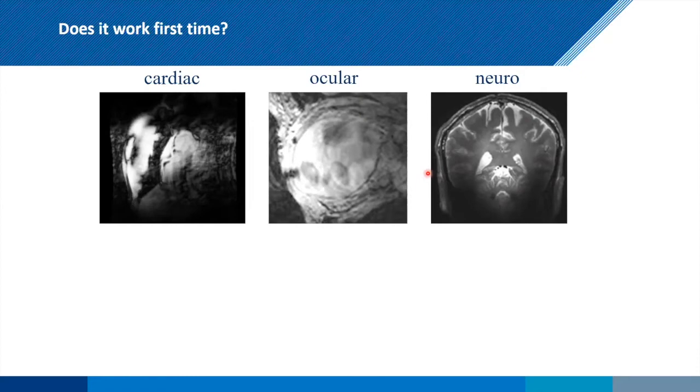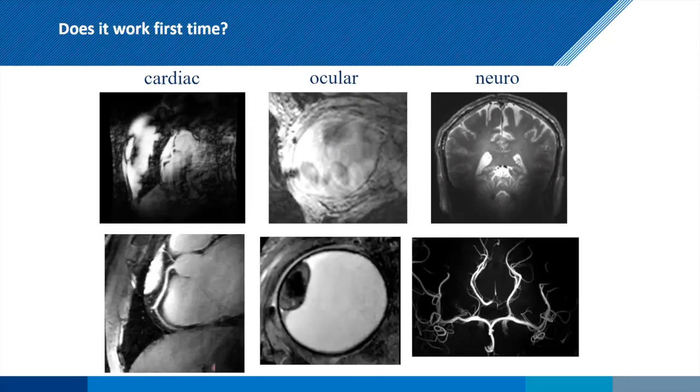But if you do that, then you can end up with images like this, where we're looking at the inside of the heart, and we can see very good depiction of the vessels. This is an ocular tumor here, so we have excellent 3D images, showing in this case there's a necrotic core inside that tumor. And then neurologically, of course, we can get whole brain coverage here, in this case just for an angiogram.